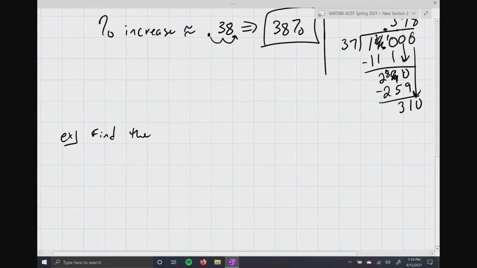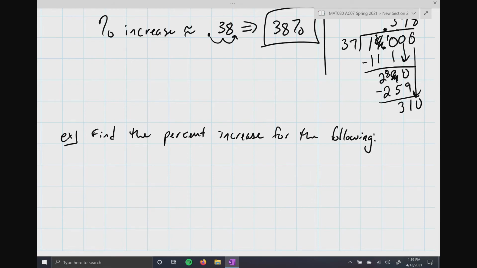Yeah. So hold on. Find the percent increase for the following. So what we're doing here is we're going to figure out what went up more, the price of a stamp or gas. Okay? So, gas in 2002 was $1.35. That was the average price. Okay? Now,